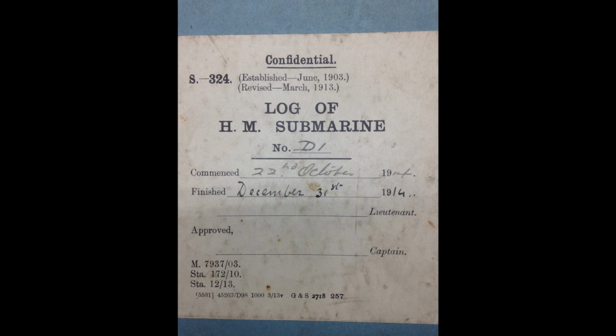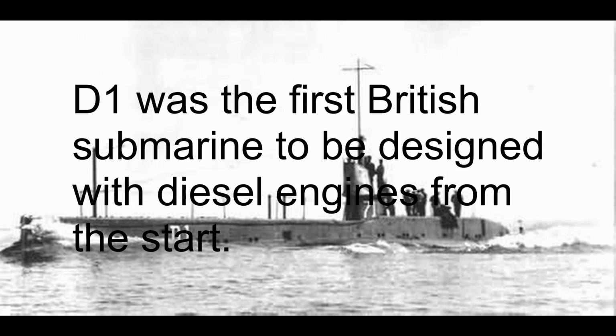Talking about the D class and D1, why was it particularly important? Well, this is the first, if you will, kind of modern submarine. The submarine was first introduced in Royal Navy service. These are very primitive, very short range, very limited vessels. And the D class, D1, is the first more powerful submarine, first one with diesel engines, the first one with a stern tube,